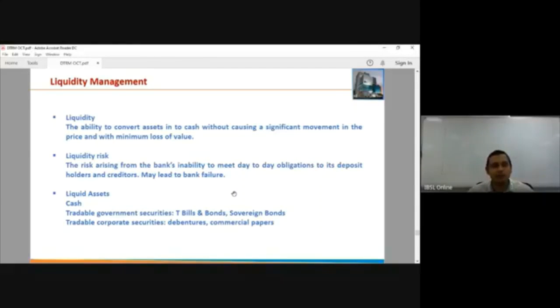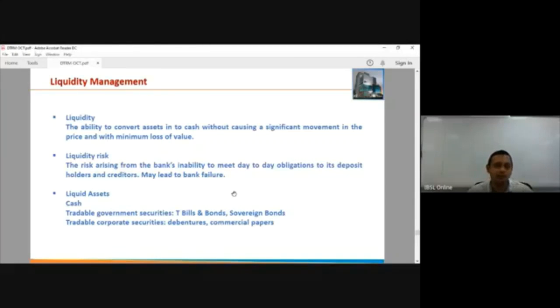Technically, you can convert any asset into cash, but the problem is how quickly you can convert and how much you need to lose for converting that asset. Those two factors determine whether that asset is a liquid asset or an illiquid asset, right? And that is liquidity, the ability to convert your assets into cash within a shorter period and also with a